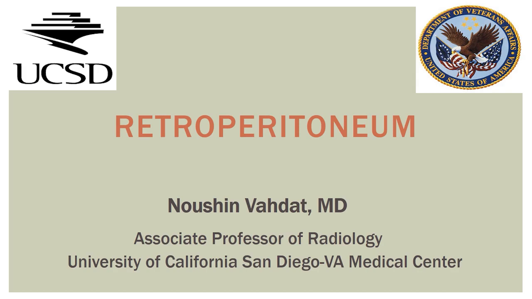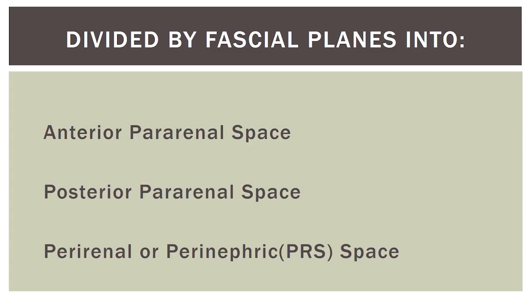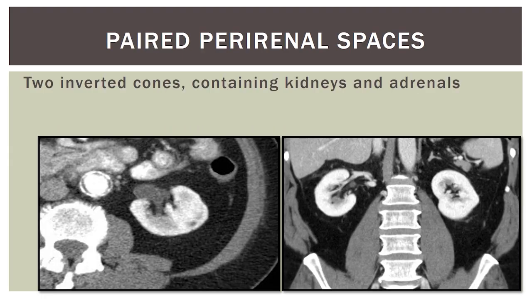My name is Nushin Vadan and I'll start with the retroperitoneum. We start with anatomy and spaces. The retroperitoneum is divided by fascial planes into anterior and posterior pararenal spaces, and the perirenal or perinephric space. The paired perirenal spaces are two inverted cones, one on each side of the spine, and they contain the kidneys